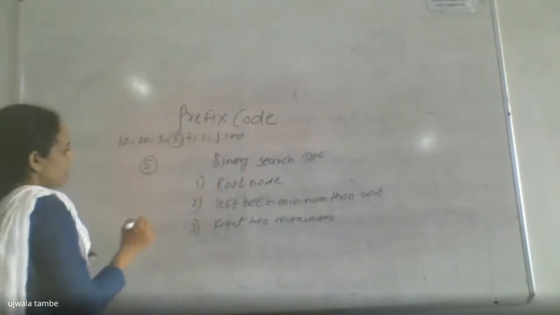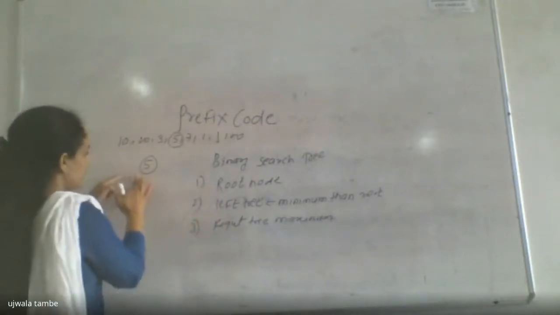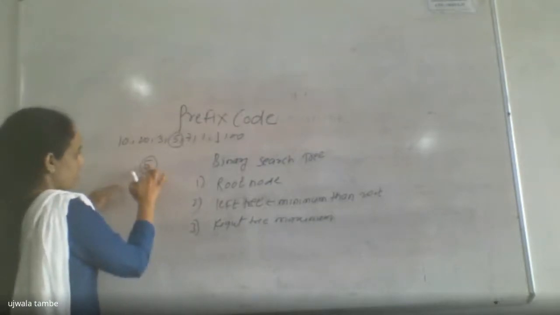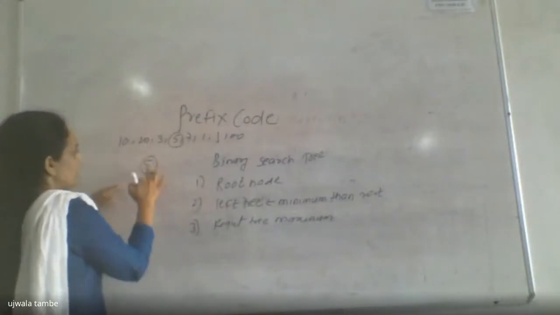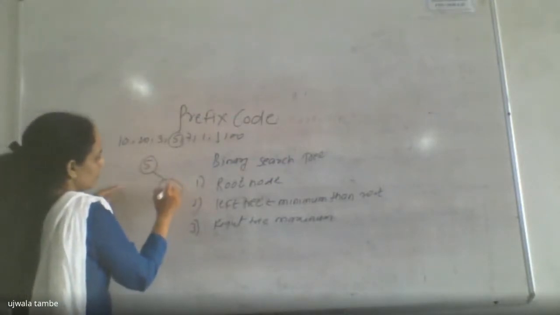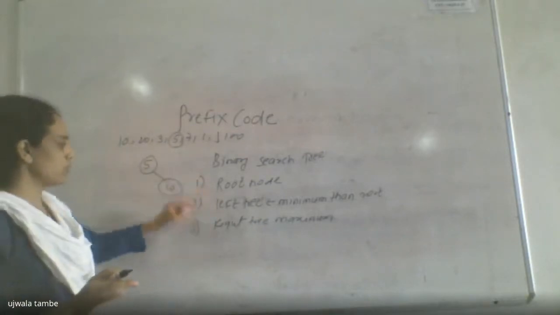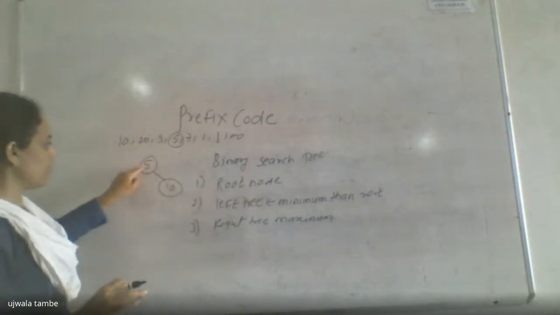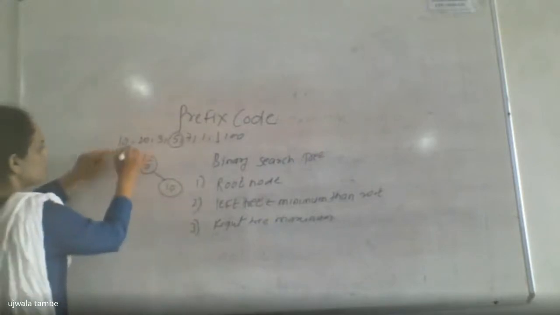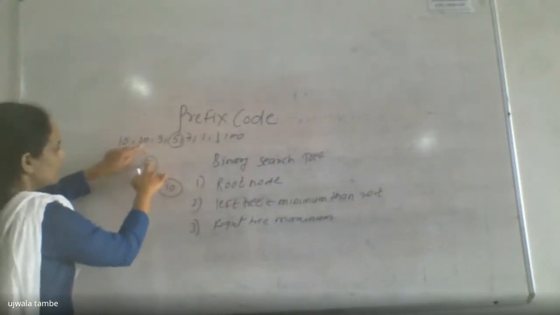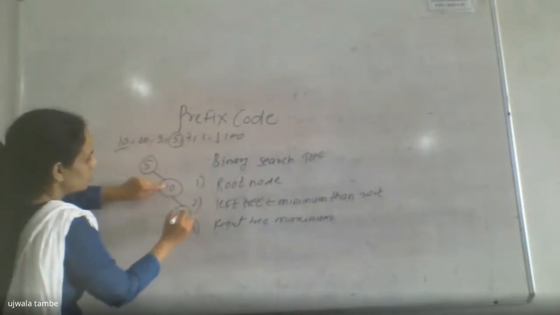So, for 10, I have to follow these conditions. For the left side I require smaller than 5, and for the right I require greater than 5. So 10 is greater, that's why I am going to pick 10 over here. Understood? We have to follow the rules. The left subtree should be smaller than 5 and the right subtree should be greater than 5. So 10 is already picked. What about 20? 20 is greater than 5 as well. 20 is greater than 10. So we have to place 20 over here.